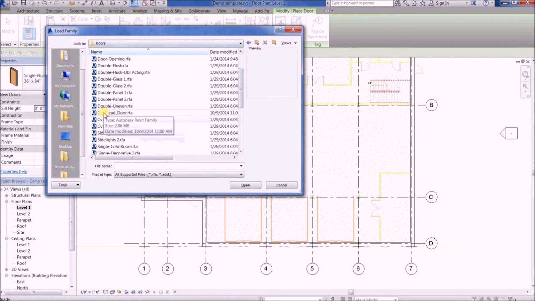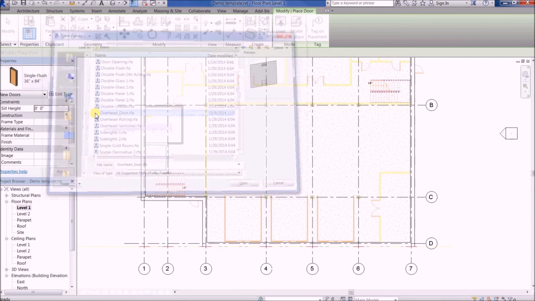This overhead door, I downloaded that from a manufacturer and I put it in this folder, which really isn't good practice, but when you download things from a manufacturer or something, you should keep it in a separate folder. But yeah, so manufacturers are starting to provide their products in Revit so we can download them and put them into our model. So I'm going to do this. I'm going to load this into our model,